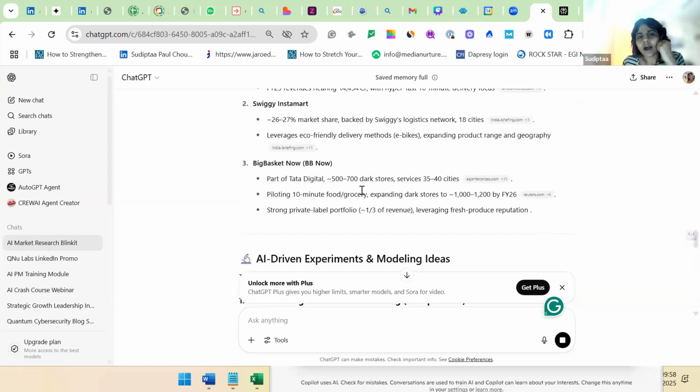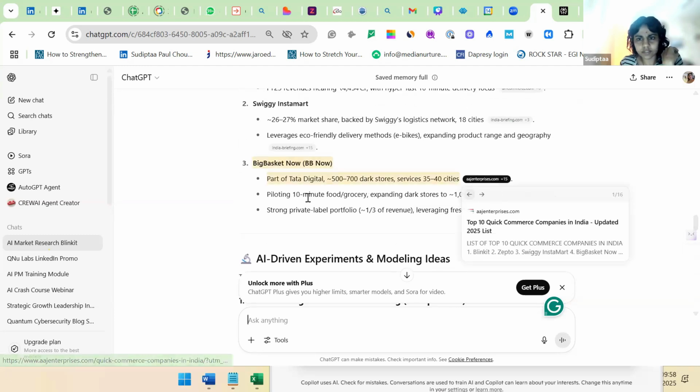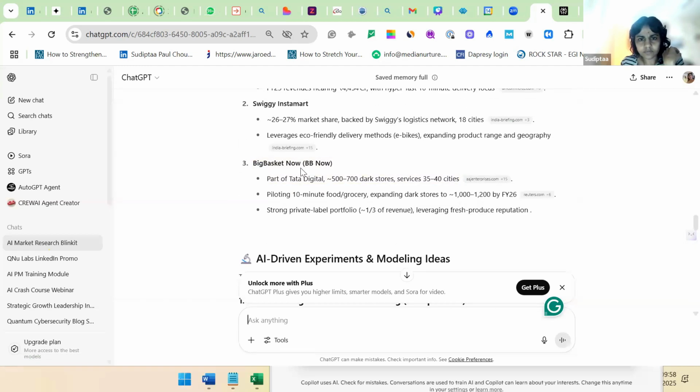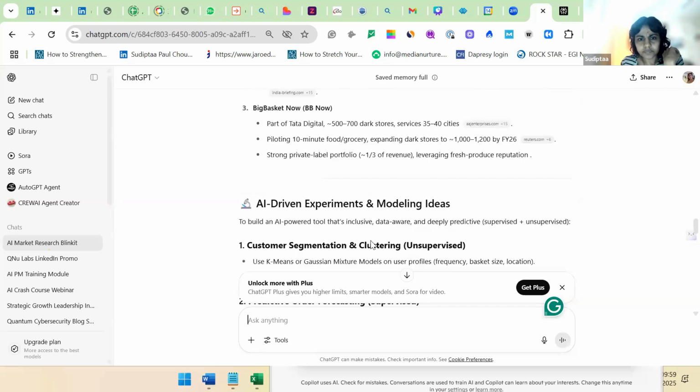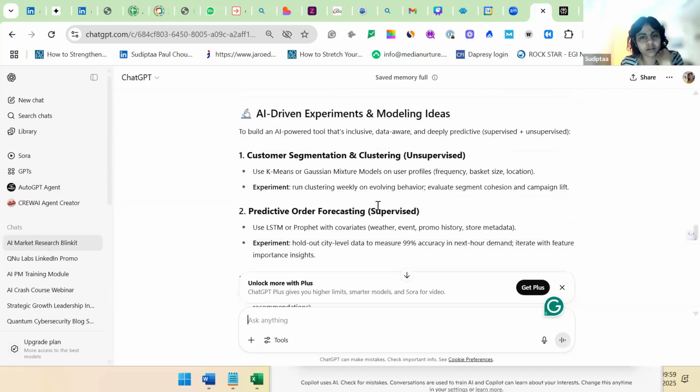So I have asked Flipkart, but I told it, look, do your due diligence and then tell me. Then it has given me the data on why it has taken not Flipkart but BB now. You can also ask it to do an analysis on Flipkart so that you yourself can validate whether it is BB now or Flipkart, which one you two should take, right?